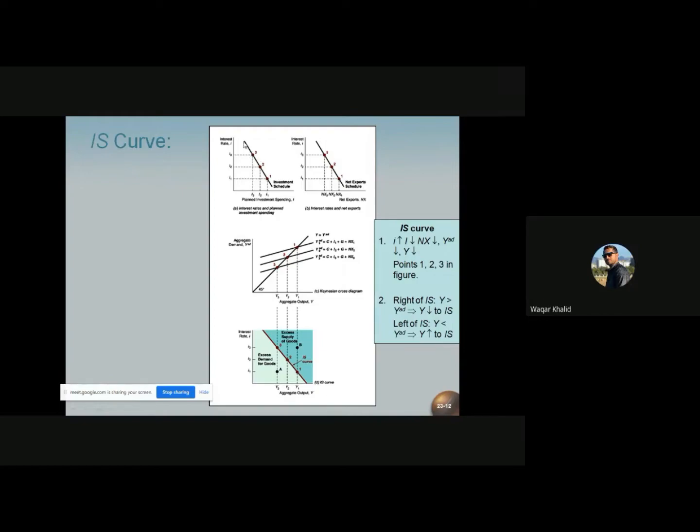When we draw these 3 points, 1, 2, and 3, we get this curve. This curve is known as the investment schedule. This investment schedule shows the negative relationship between the interest rate and the planned investment expenditures. Now we need to understand the relationship of the interest rate with net exports, panel